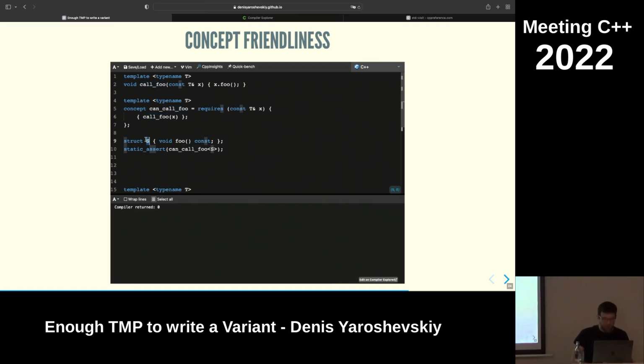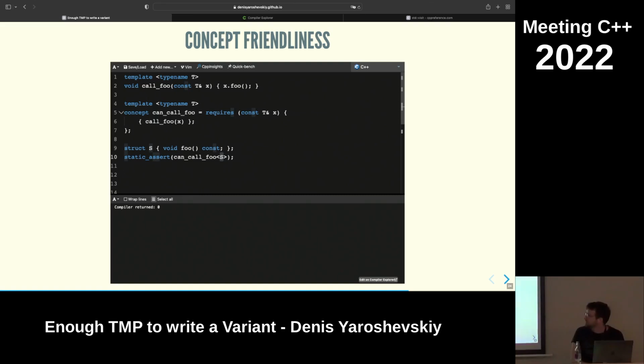All right, and I have a struct, and it says can_call_foo, and compiles. I can make it bigger if needed. All right. However, if I type an int, it will also say compiles, right? Despite int not having foo.